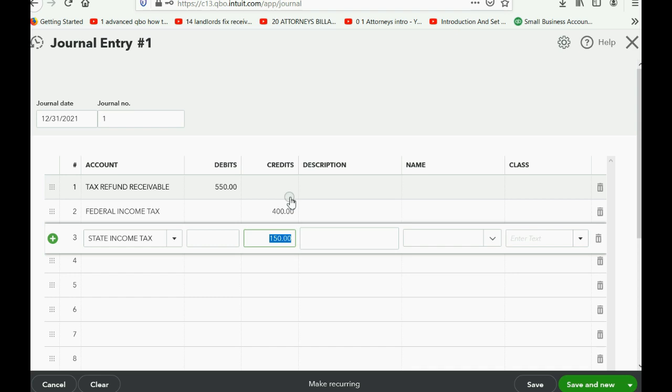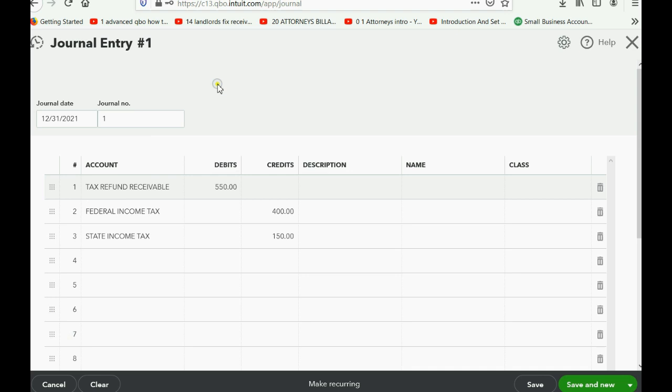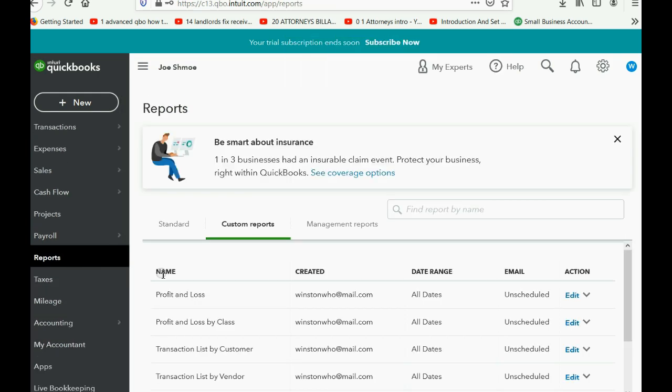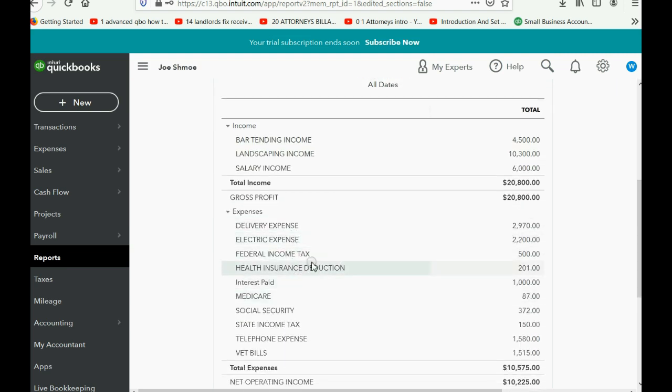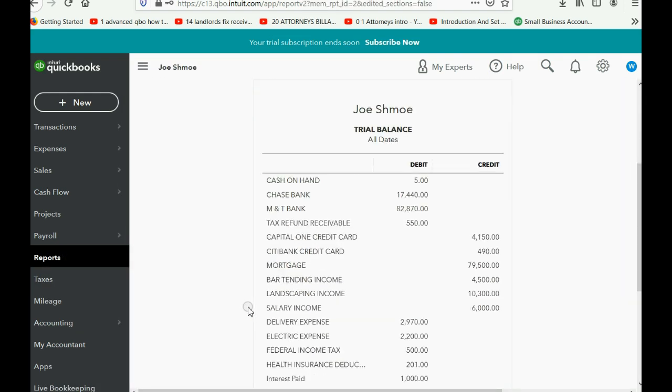This will reduce the income tax that you recorded because it was too high, and you know it was too high because you later got a refund. And this will indicate that your balance sheet will show that you will receive in the future $550 after December 31. So we click Save and Close. And now when we click Reports, Profit and Loss, okay, you can see that your federal and state income tax has decreased. And if you click Reports, Trial Balance, you can see refund receivable has been established as